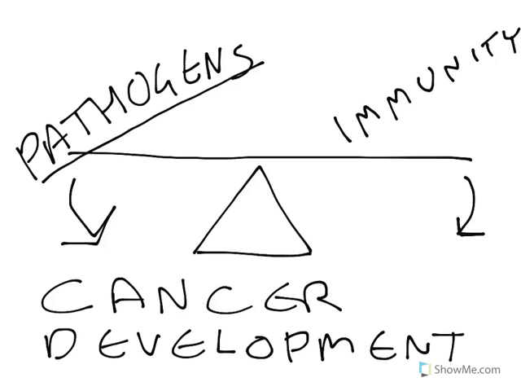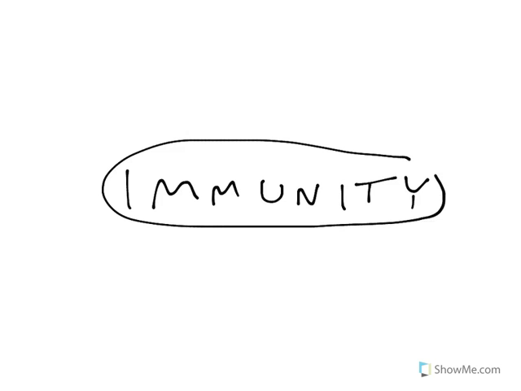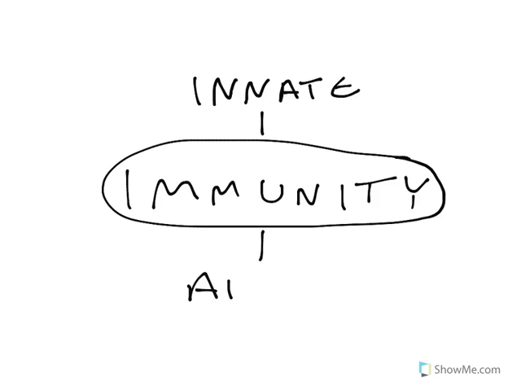Now let's have a think about some of the individual components of the immune system. If we draw a simple spider diagram, and we put immunity in the middle here, essentially immunity we can think of as having two different arms to it, so to speak. We have so-called innate immunity, and we have what's called adaptive immunity. And these have quite different cells and molecules working within them, and they have quite different roles.